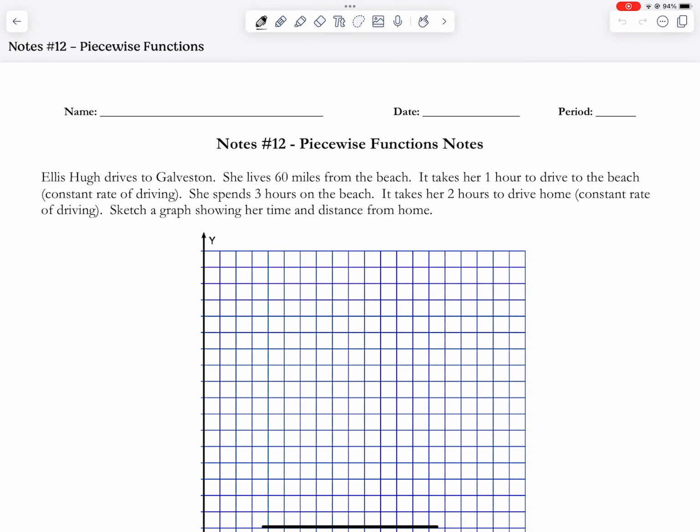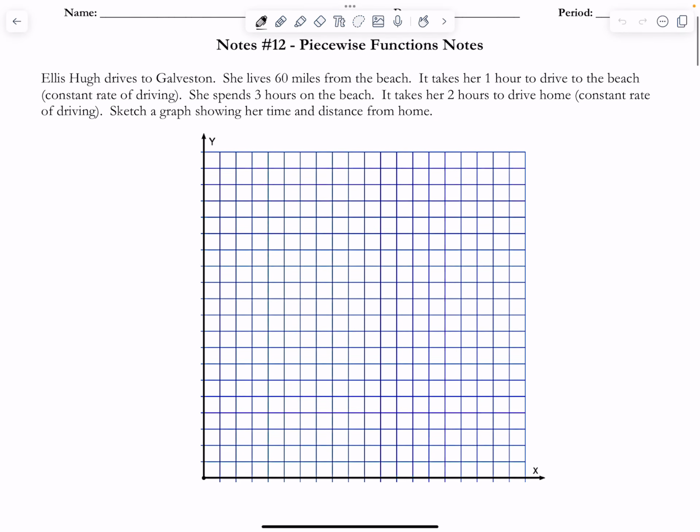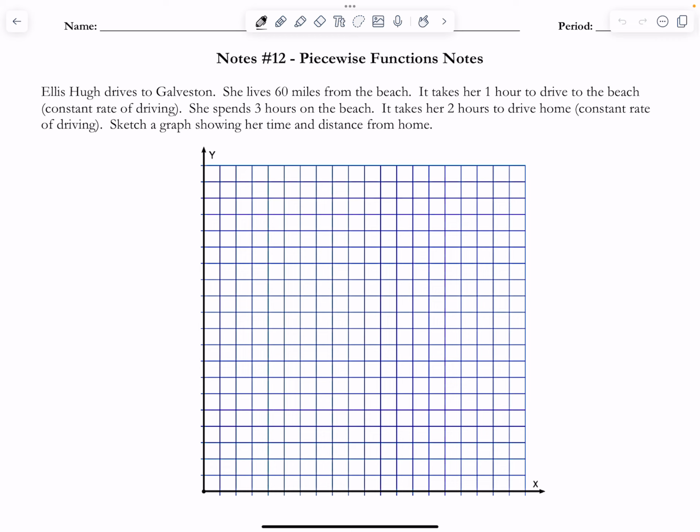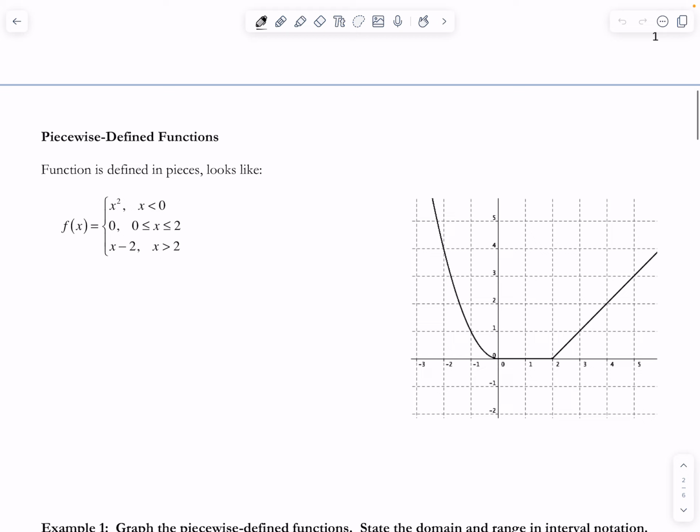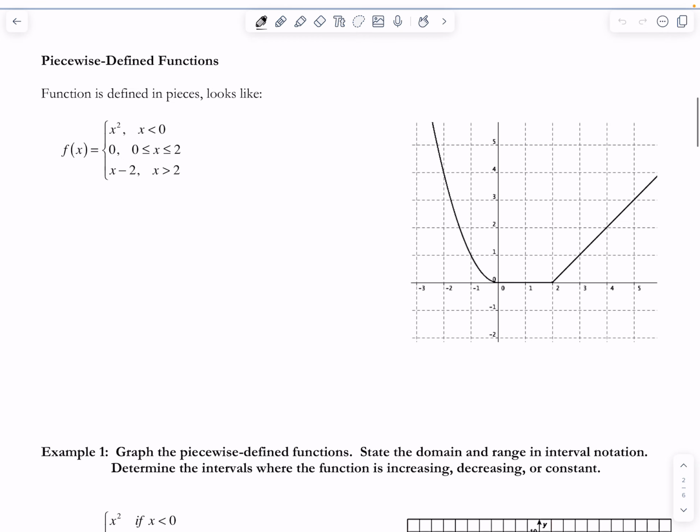All right, guys, in this video we're going to go over piecewise functions. We're going to do a Desmos activity on your laptops in class. So this example with Ellis, I'm going to let you guys try this after we've had a chance to do that activity in class. So in this video, I'm going to introduce what piecewise functions are and then get into